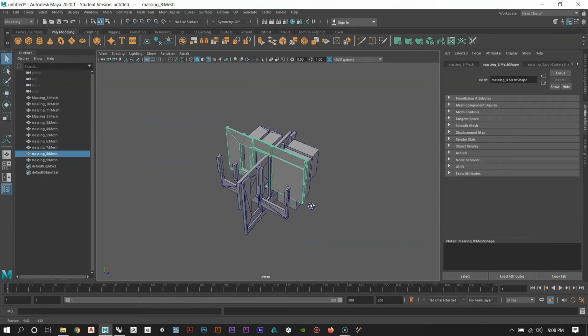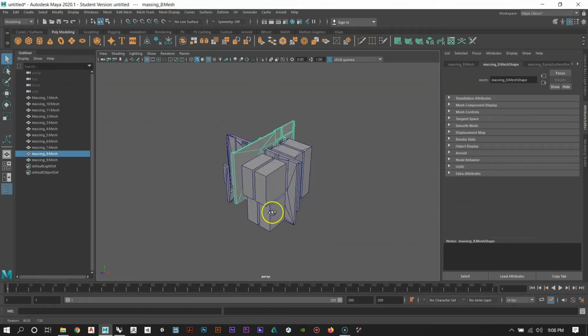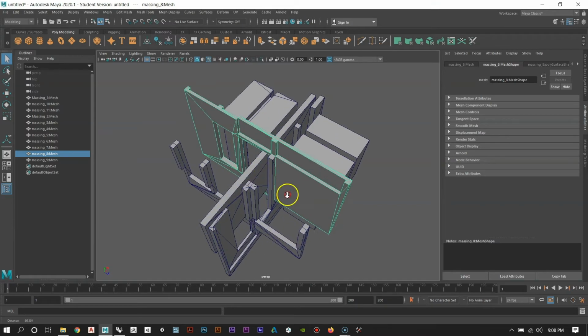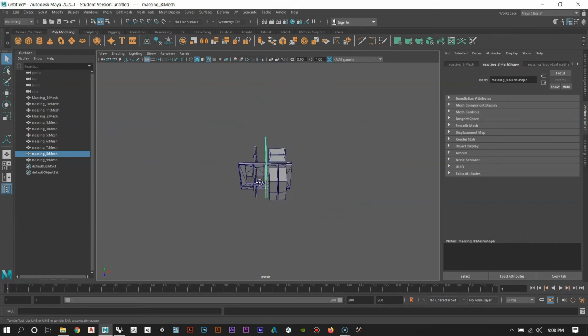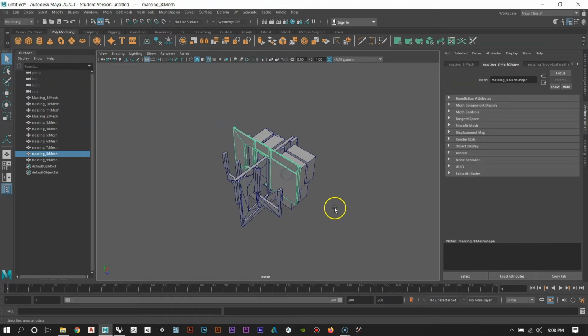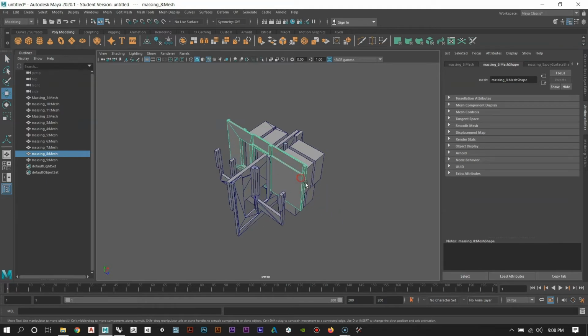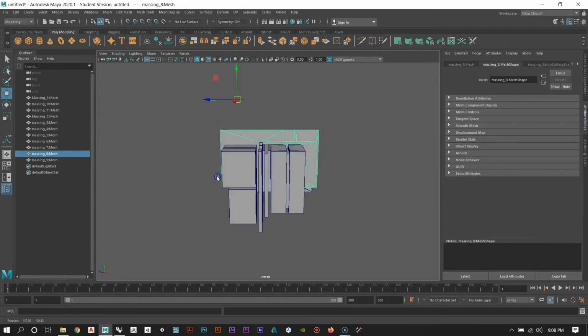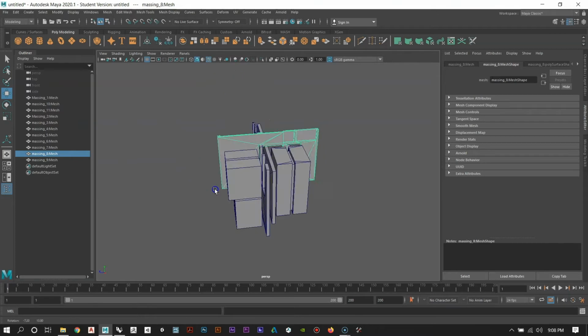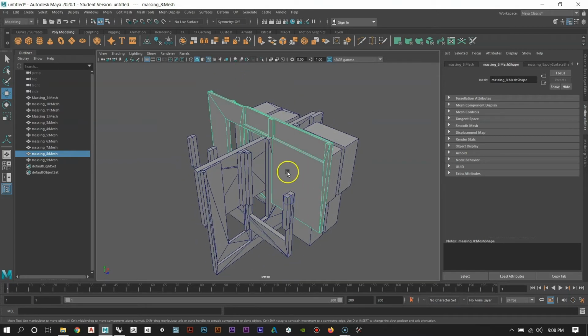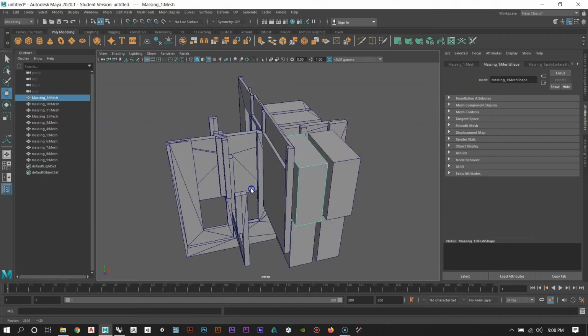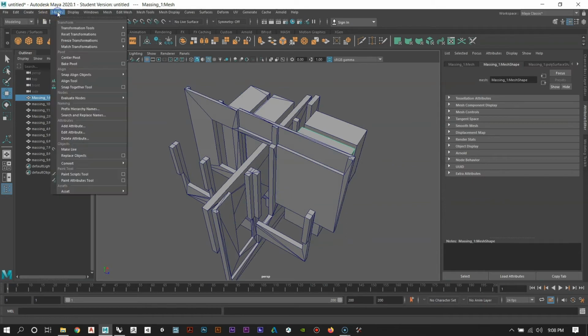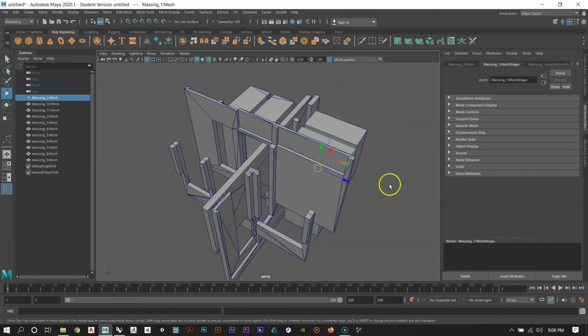The second thing you need to do after you import geometry is recenter the gimbal. So what you'll notice, if I select this and I hit W on my keyboard to turn on my move tool, it doesn't pop up. And that's because it's located all the way over at the center of my grid in the center of my modeling space. So what you need to do is select each mesh, go to Modify, Center Pivot,